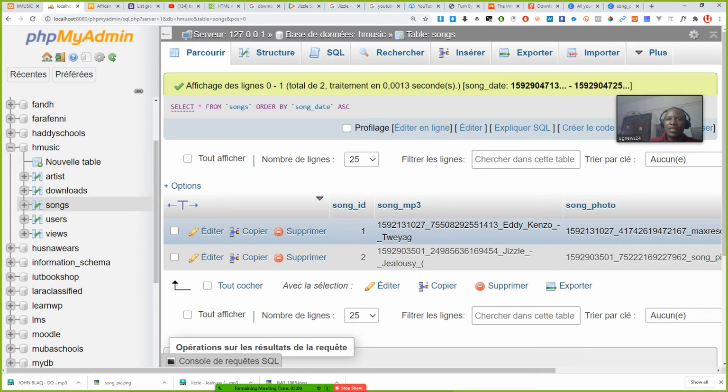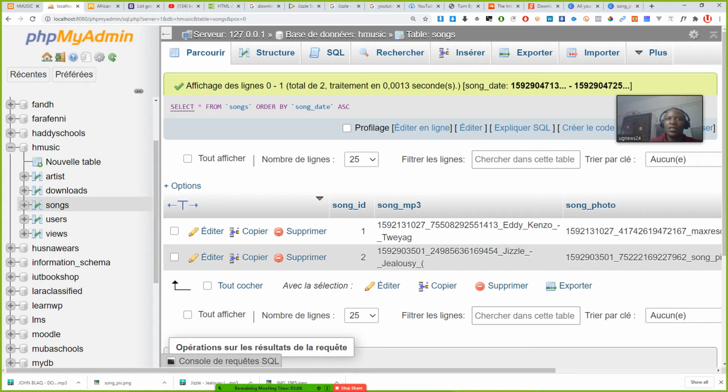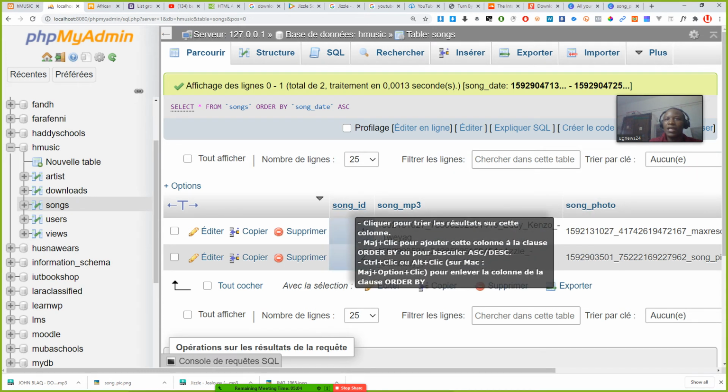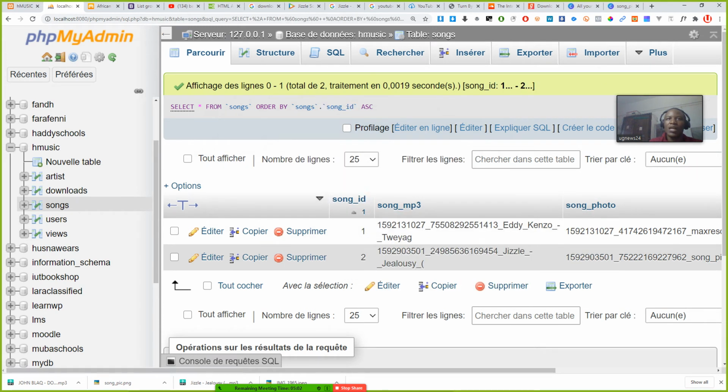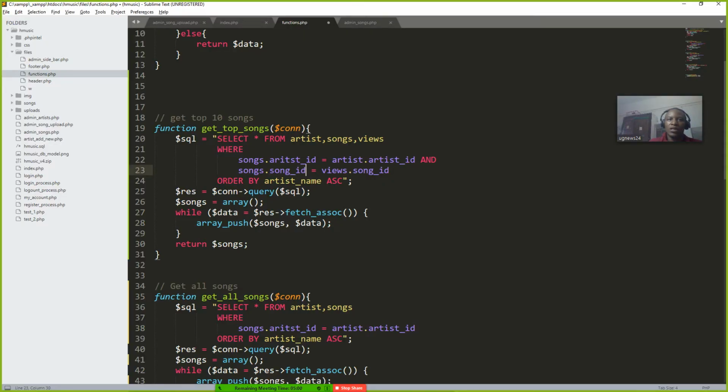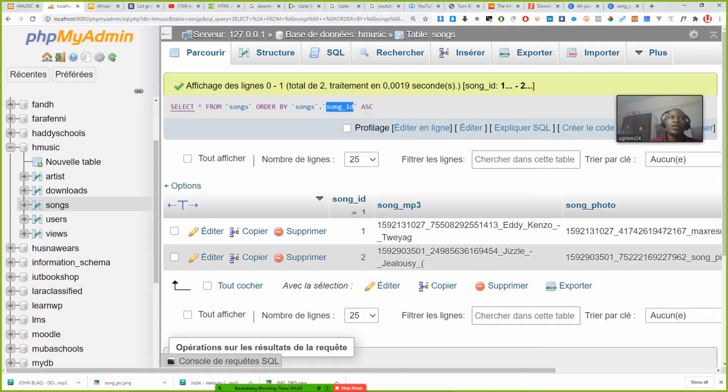So I'll come and get here song ID. It's also the same name, song ID. So I'll put here song ID is equal to, inside the view, song ID, the same as the one that we should count in the view, inside the song's ID. So if we come and refresh,